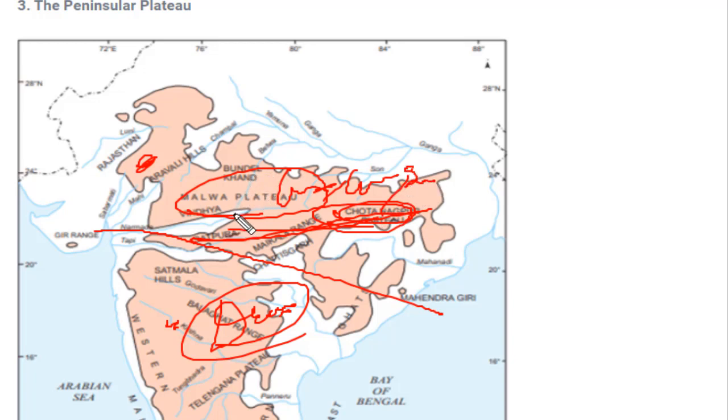And if you see the Deccan Plateau, it is again divided in two parts. Before coming to this, there are certain more points which we need to study over here. In the central highland there is the Aravalli range. This is also a very significant mountain range in our country, and it passes through Gujarat, Rajasthan and Delhi. In Delhi also you can see these Aravalli ranges.